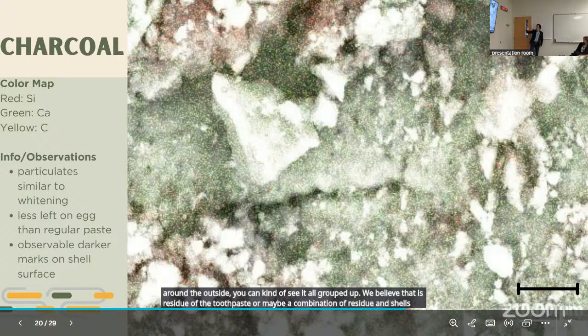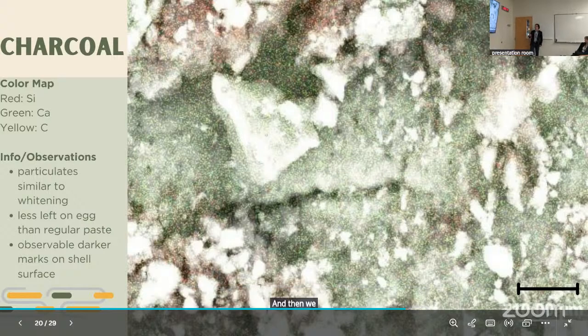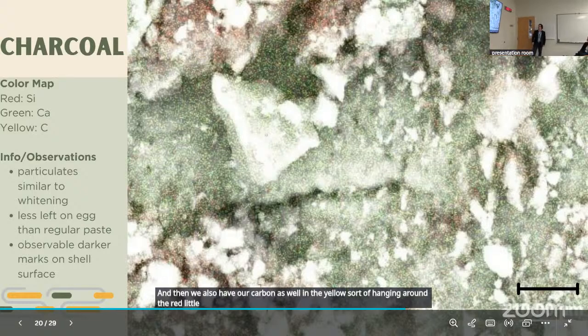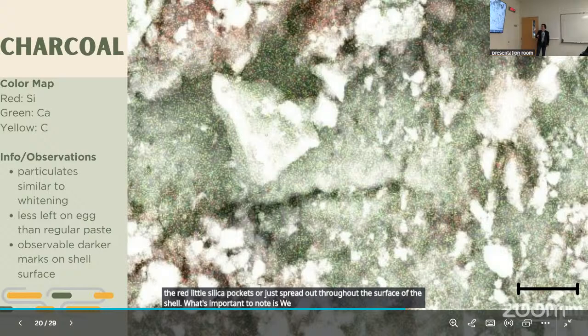We can see all of our green background as well is still the eggshell, measured with calcium. And then we also have our carbon as well in the yellow, sort of hanging around the red little silica pockets or just spread out throughout the surface of the shell. What's important to note is we can't really specifically tell whether those chunks of the eggshell were from us brushing